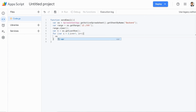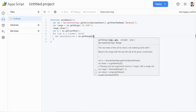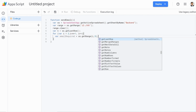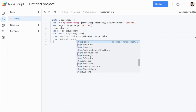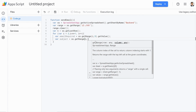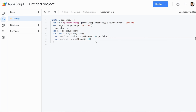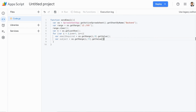Hit enter. This will be var emailRequired equals ss dot getRange i, comma 9, close that, dot getValue, hit enter, open and close, semicolon, hit enter, var subject equals ss dot getRange. So right there, this we want to be i, comma 11. Then on the outside, we want to do dot getValue. So right there, open, close,